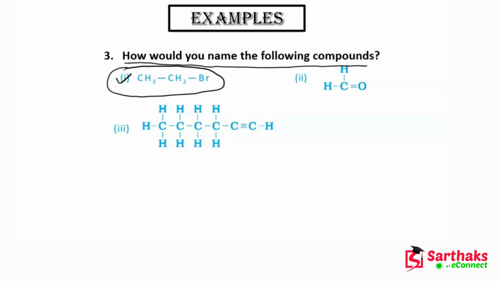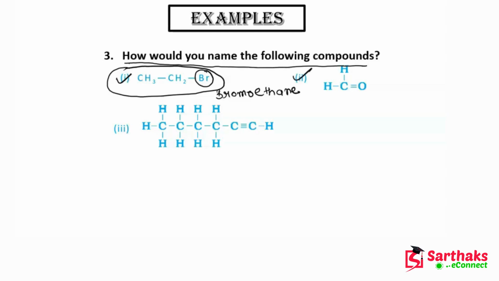So guys, you can see 2 carbon are present in this chain. So for 2 carbon we use eth. Okay, and this bromine is working as a functional group. So for bromine we will use the prefix bromo. Let me erase it and let me write it a little bit more clear. This will be bromo, and here you can see 2 carbon is present, so it will become ethane, bromoethane.